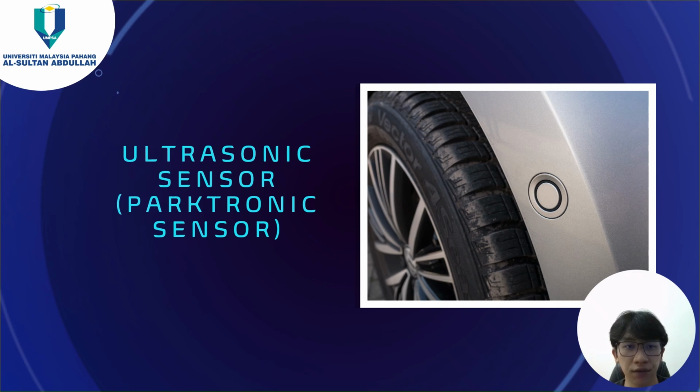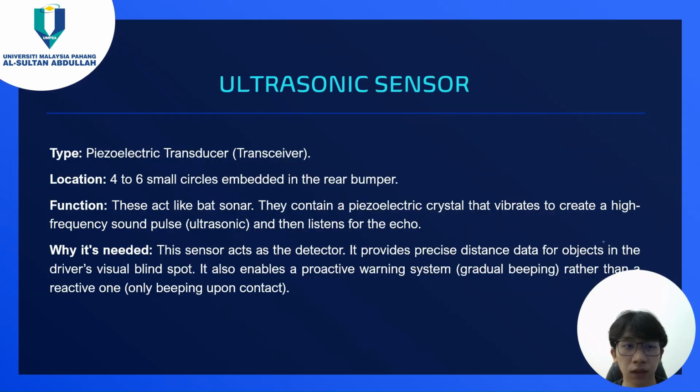So the next sensor used is the ultrasonic sensor, which is the parking sensor. The ultrasonic sensor is a type of piezoelectric transducer, which is a transceiver. Usually it is located at the rear bumper, 4 to 6 small circles embedded in the rear bumper. On our technology cars right now, we can see the sensors embedded in the rear bumper in a very obvious shape. This acts like a bat sonar. They contain a piezoelectric crystal that vibrates to create a high frequency, ultrasonic sound pulse, and then listens to